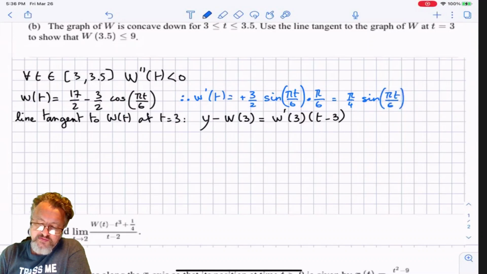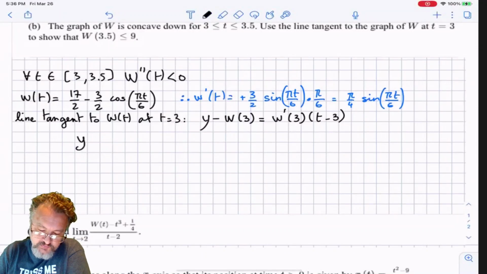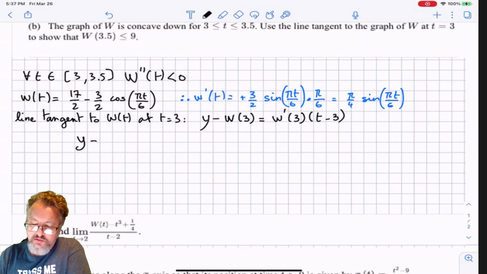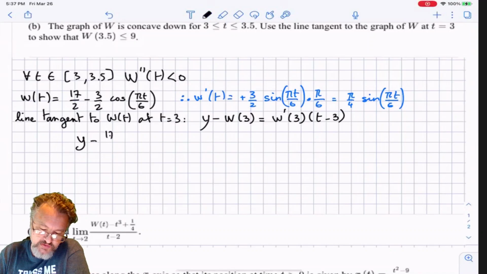Okay? Therefore, if I write the equation of a tangent line, it's going to be equal to y minus, so we need W at 3. Okay? So W at 3, essentially I'm going to replace t by 3 right here, right? So 3 over 6 is 1 over 2, pi over 2. Cosine of pi over 2, remember, is 0. So it's just going to give me 17 over 2 minus 0. Okay, so 17 over 2 right here